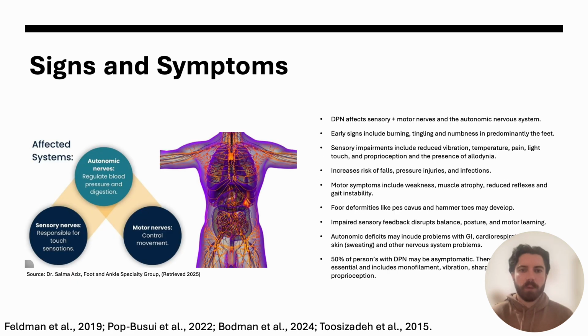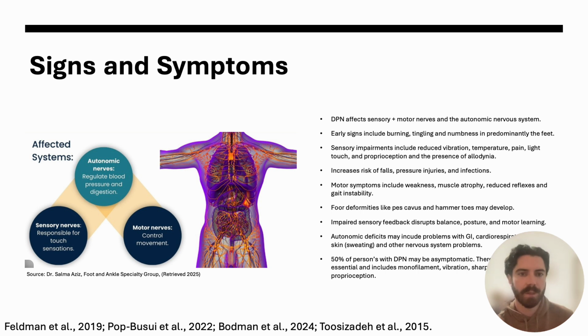DPN can affect peripheral nerves, sensory and motor, and the autonomic nervous system. Early signs include tingling and numbness in the feet and hands, predominantly in the feet. Sensory deficits can include reduced vibration and temperature sensations, allodynia, reduced nociception, and proprioception. Light touch is also impaired, and then these all increase the risk of falls and the development of pressure injuries